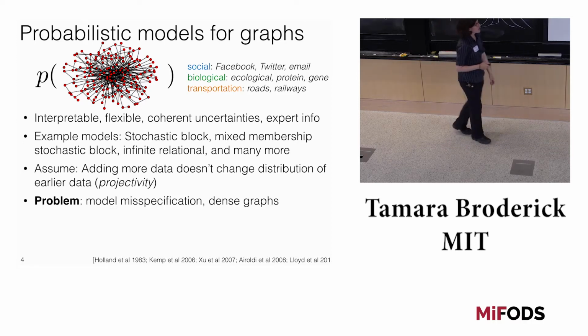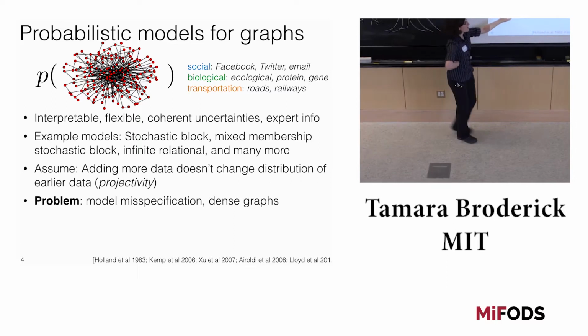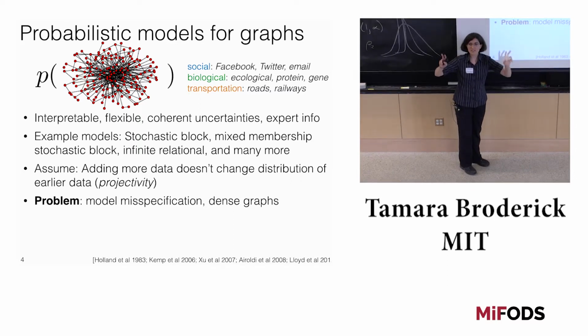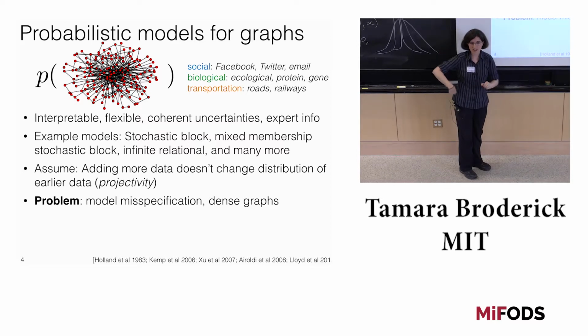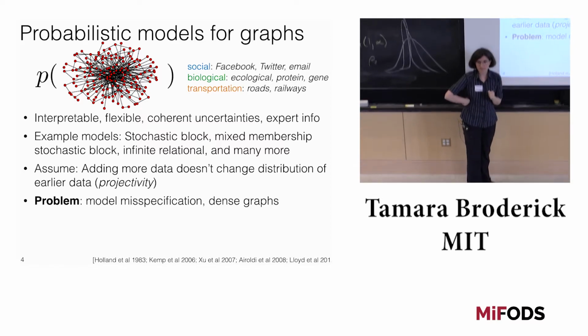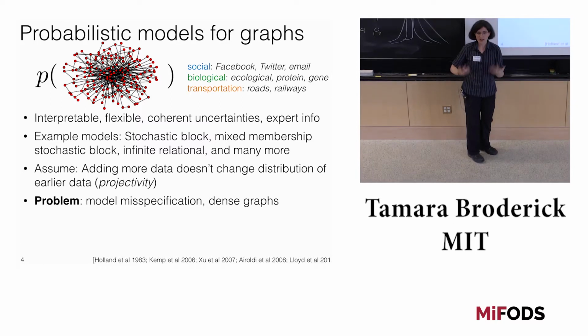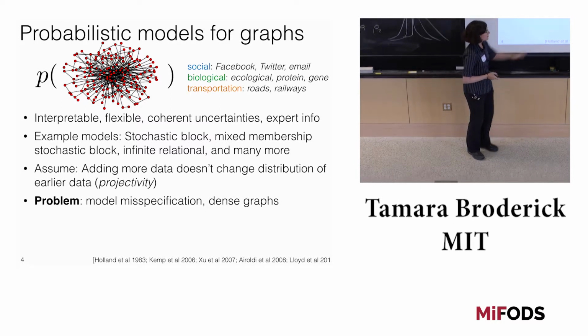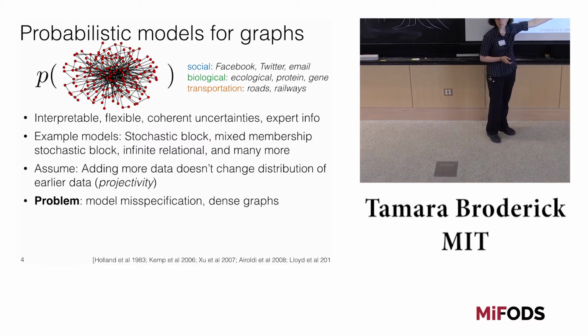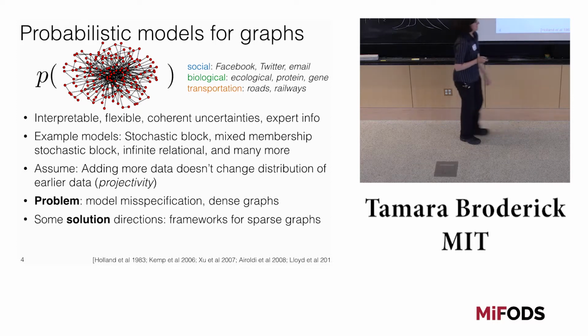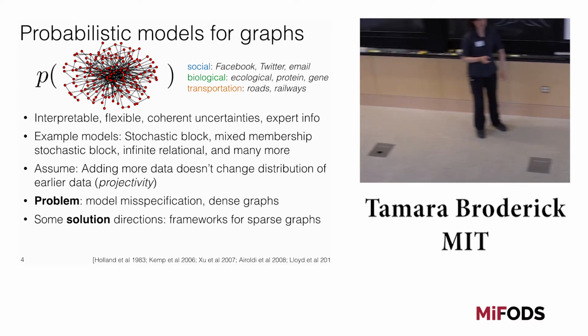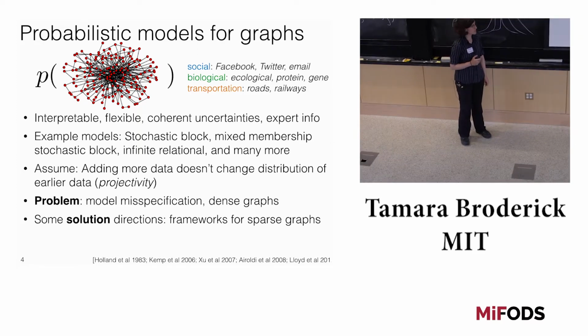If you assume that, then it turns out that every one of these models, including the many more, only generates dense graphs in a way that I'm going to make precise in the next slide. You could think of dense graphs for the moment as being graphs with too many edges. And so that could be a form of model misspecification if you don't want dense graphs. And so I'm going to point to a number of talks that are going to be in this workshop and some other work, probably very briefly, about how we can learn about this from exchangeability and then come up with new frameworks for sparse graphs.